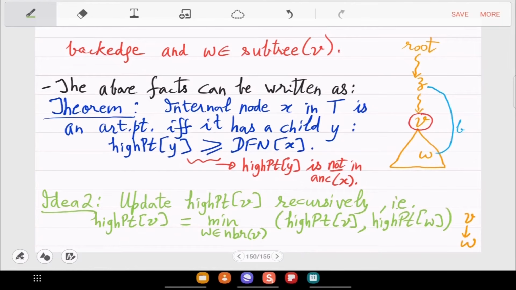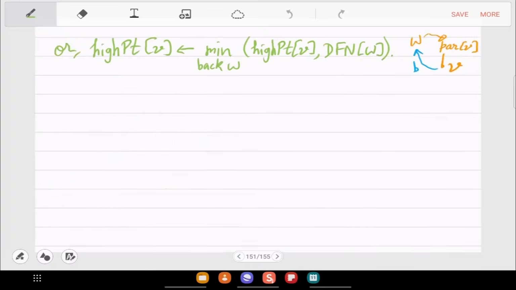So that is a small check. So in the end, in the pseudocode, you will see just comparisons of all the children Y with DFN of X. Okay, so that's the set of all the ideas and lines that are needed, and now you can see the full pseudocode. Okay, so let us write that down.